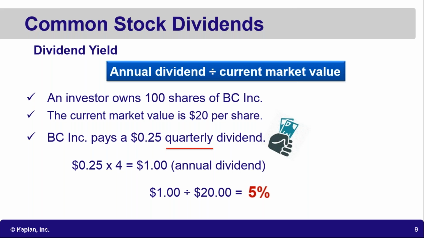yield, your current yield. Actually, you can look up the dividend yield of any stock out there in the marketplace in the back of the business section of a newspaper. The business section has all the stocks listed back there. They have many different columns you can look at with stocks in the back of the newspaper. One of those columns is called DIVYLD,